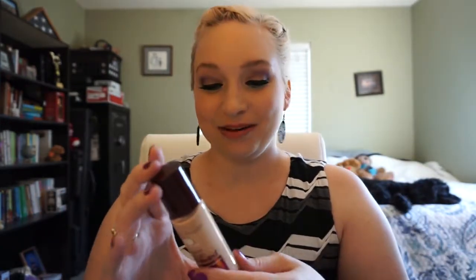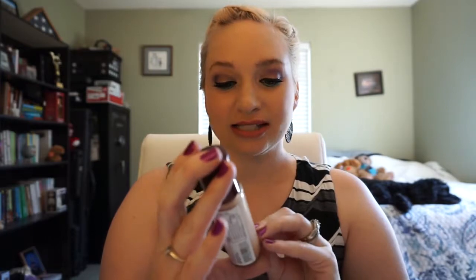I wear classic ivory in almost every color because I'm so pale. I never go out in the sun because I just burn. But this, I got it because I'm 32 and I wanted something with a low SPF. It has 18 just because it tends to be oily, I feel like, if there's a lot of SPF. Because I love IT Cosmetics, but I hate that it's like 50 SPF because it breaks out my skin instantly. So this was perfect. Radiant Firming Makeup